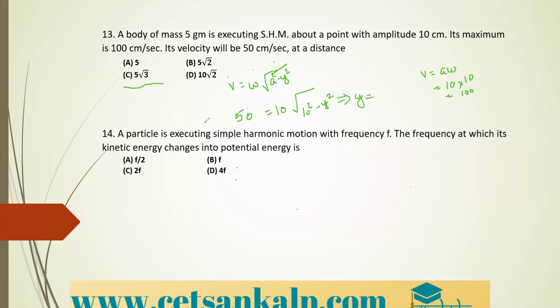Correct? So here if you consider the cycle, the wave motion. Okay, so from origin you can start it. Here what happens? During one complete oscillation, the kinetic energy will become max twice here, that is 2 times. Therefore, we say that when the value of frequency is 2 times, that is nothing but option C, 2f. When the frequency is twice of the given frequency, then the kinetic energy changes to potential energy.